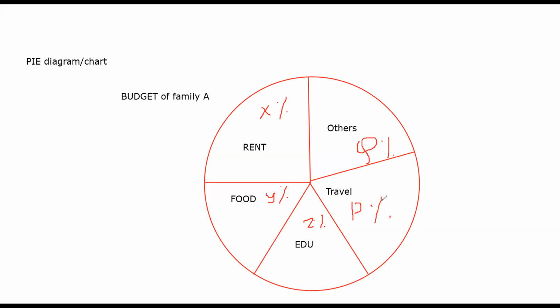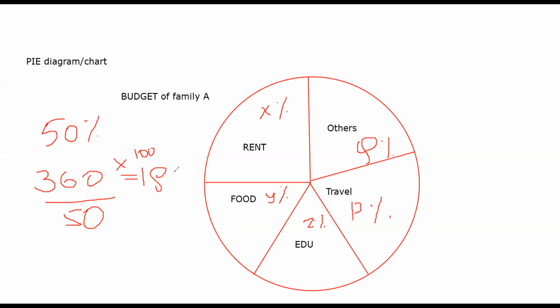Okay, you first find out the percentage, you calculate the angle based on the percentage. How do you calculate the angle? Basically, let's suppose you got 50%, okay, some family is spending 50% of their income on rent, how will you represent that on the chart? Now your circle totally has 360 degrees, divided by 50, 100, okay.